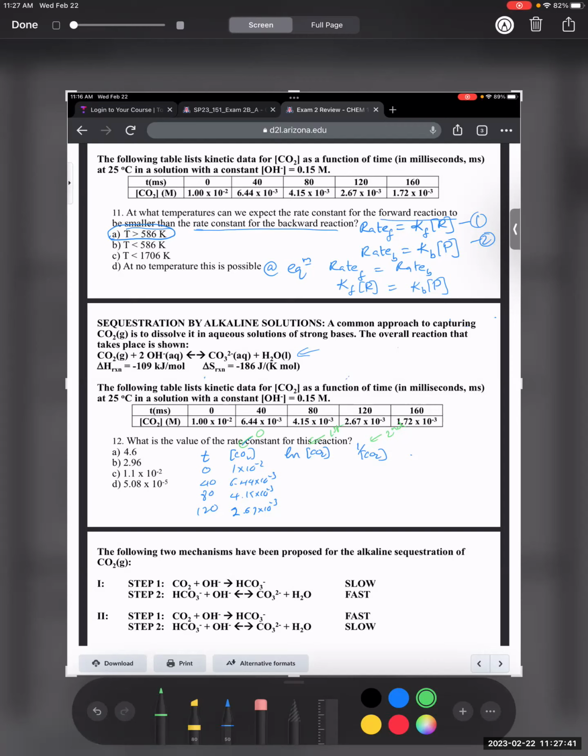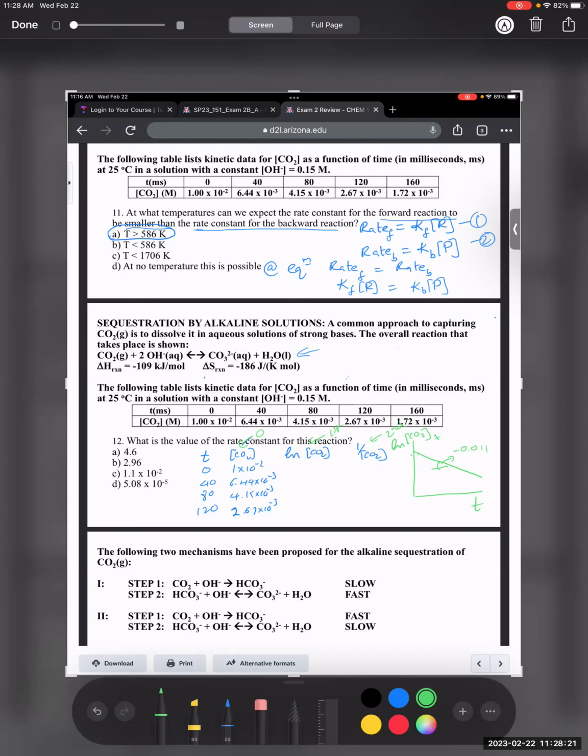Okay, so I'm going to go with the first order graph, which is the natural log of concentration versus time graph. It is linear. So just to let you know, if you plot the natural log of concentration versus time, that graph is linear. So this is natural log of CO2 versus time. And then the slope of the graph is minus